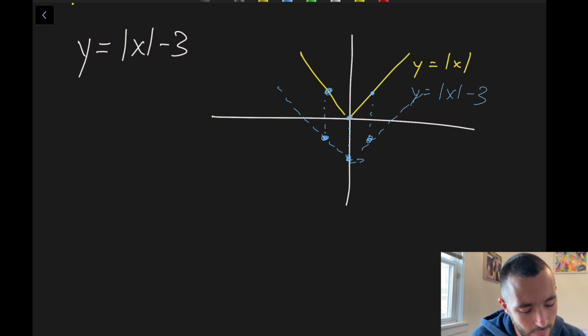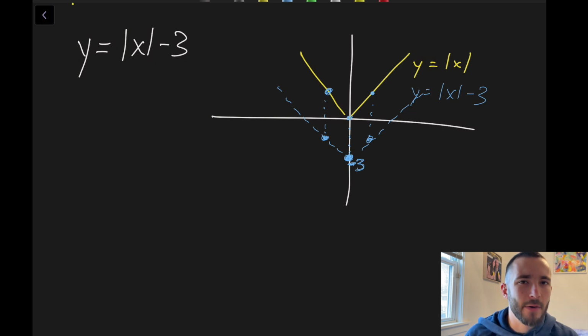We're going to have a negative 3 right here. The vertex, our new center point, is going to be down at negative 3, at 0, negative 3. I hope that makes sense. It's kind of like a y-intercept. You could think of it like that, where that number